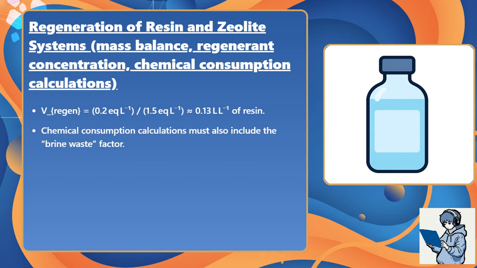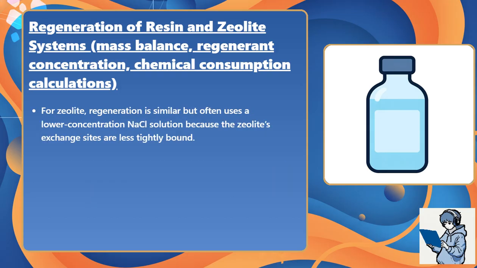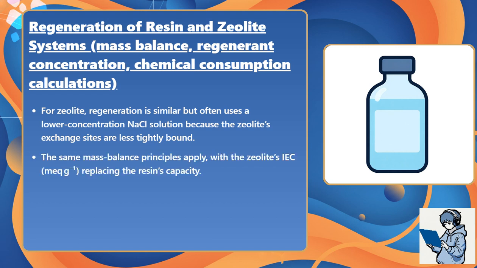Chemical consumption calculations must also include the brine waste factor. If the column holds 500 liters of resin, the regeneration step needs approximately 65 liters of 10% sodium chloride and generates roughly the same volume of spent brine that must be disposed of according to local regulations. For zeolite, regeneration is similar but often uses a lower concentration sodium chloride solution because the zeolite's exchange sites are less tightly bound. The same mass balance principles apply, with the zeolite's ion exchange capacity, milliequivalents per gram, replacing the